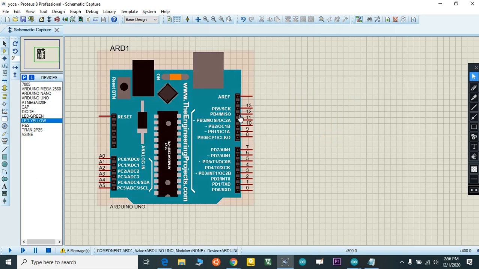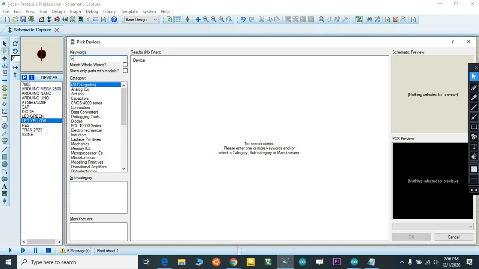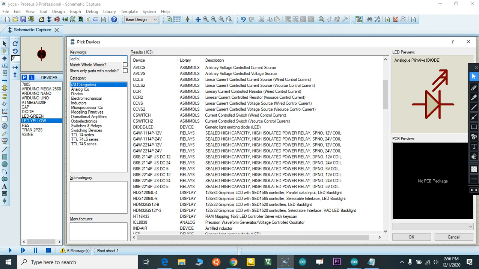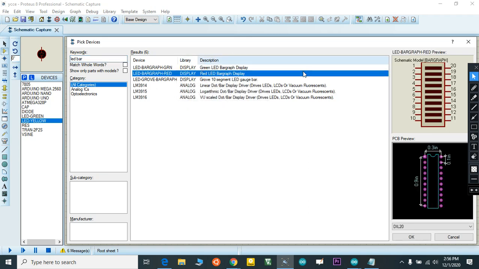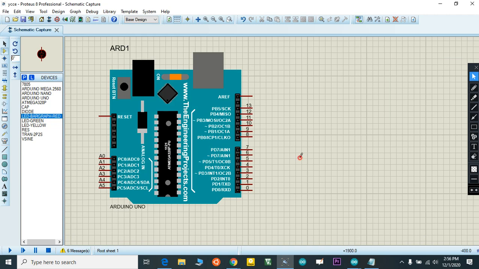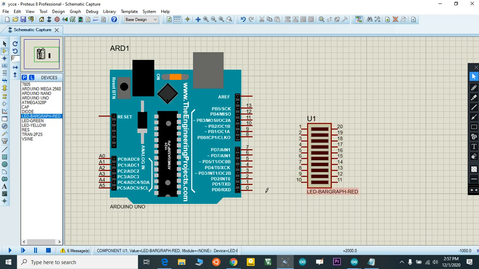For that you can individually connect each LED. I need to select 7 LEDs and connect them, but what I'm going to do is use another component called an LED bar graph. It is connected the same way. So I just connect my 0 pin here, then the second pin.